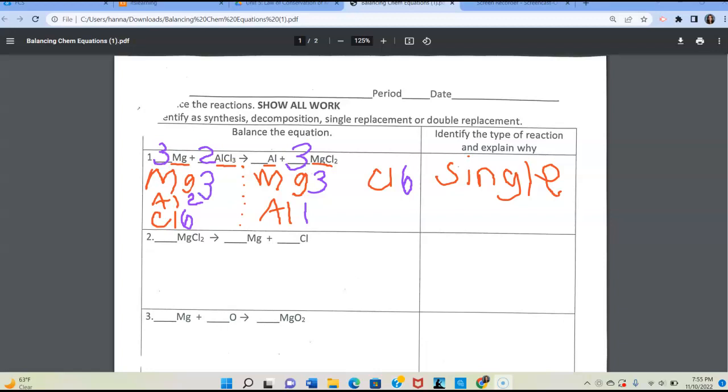Now let me look, and my magnesiums are balanced, my chlorines are balanced. Let's check the last element, my aluminum. My aluminums are not balanced. So what I've got to do is add 2 aluminums on this side. And again, this one's going to be an easy fix. All I got to do is add a 2 right here. All right, I've got the 2. So now I go and erase the original atoms, and I write how many I have now, which is 2,